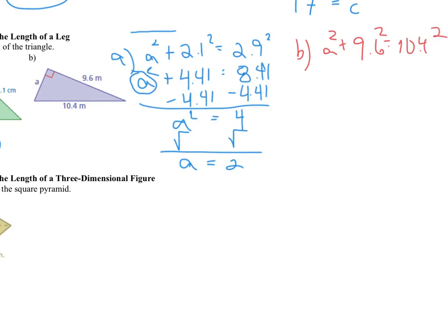Okay, the hypotenuse always goes by itself, and it's important to note that. Okay, so again, I start figuring out, well, I need a by itself, so let's just start figuring out what we have. All right, so if I do 9.6 and I square that number, 9.6 squared is 92.16, and 10.4 squared